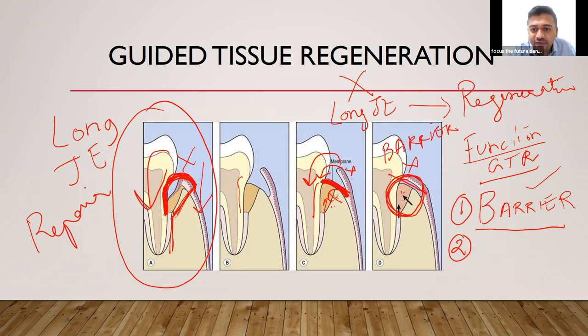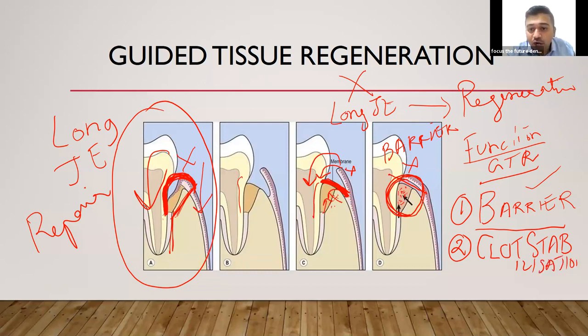Now this whole area is filled with your blood clot. Once you do all the scaling and root planing and remove the granulation tissue, what happens to the wound? If you get a cut in your hand, what happens to your wound? It immediately gets filled with blood. So that fibrin clot is very important because it forms the basis for your new tissues to form. So what it does is clot stabilization. It stabilizes the clot, which is very important because we studied that the fibrin clot is very important for